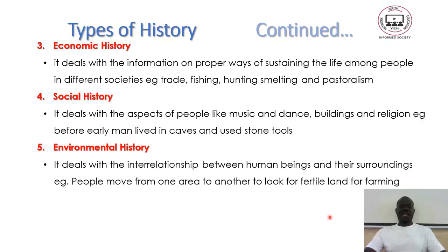So that is the environmental history, to say there are some circumstances in the environment that can force a certain culture or a certain event to happen, to travel. As we have started learning about this history, when it comes to Form 2, Form 3, we'll be learning about the migration of people from one place to the other, like the Yao, like the Ngoni, like the Maravi, the Tumbuka. They migrated from somewhere to come to Malawi.